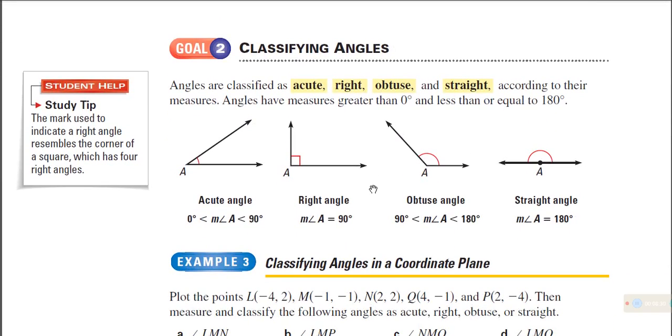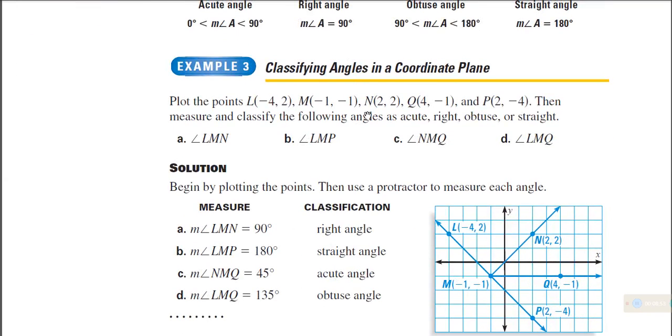Now, for classifying angles, alam na natin to from trigonometry. Pag between 0 to 90, acute. Pag exactly 90, right. Pag more than 90 but less than 180, meron tayong obtuse. And then, kapag representation siya ng straight line, which is exactly 180 degrees, we have a straight angle. Now, how do we classify angles